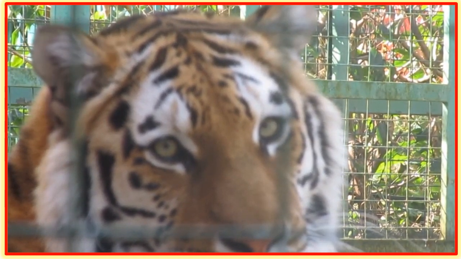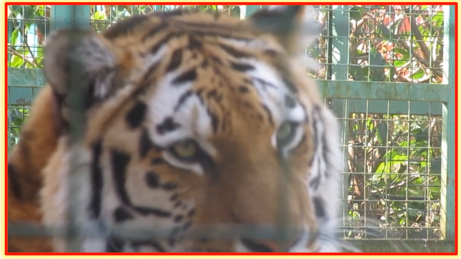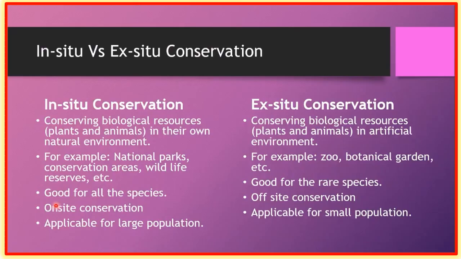In the same way, in situ conservation is also called on-site conservation, and ex situ conservation is called off-site conservation. So on and off. On-site conservation is related to natural habitat. Off-site conservation is related to artificial habitat, or out of their natural habitat. And this in situ conservation is applicable for large populations, whereas